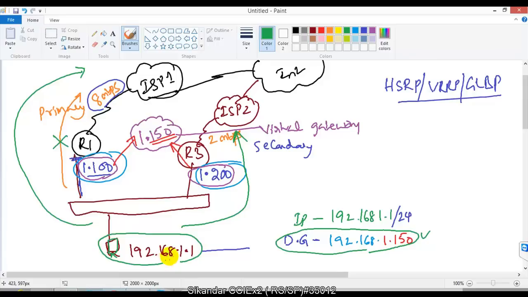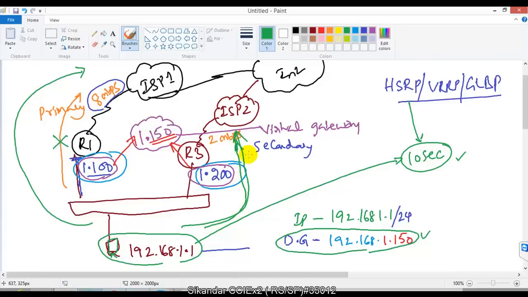End users do not really experience any delay, maybe a fraction of seconds. HSRP converges in around 10 seconds. So for maybe 10 seconds the end user will not be able to access the internet or any services on the internet, but automatically the traffic will be redirected through the secondary gateway. So this is the concept of HSRP, these redundancy protocols, which provide redundancy in your production networks by connecting two or more physical gateways acting as one common gateway.